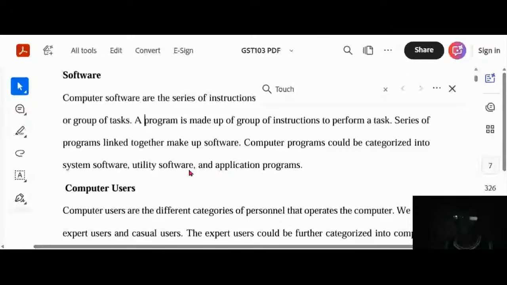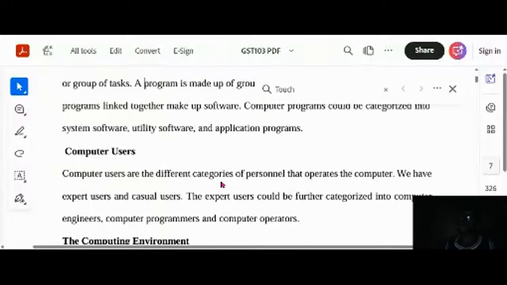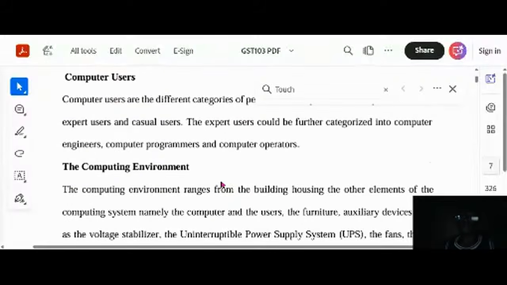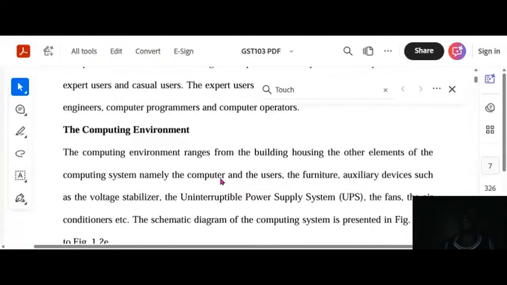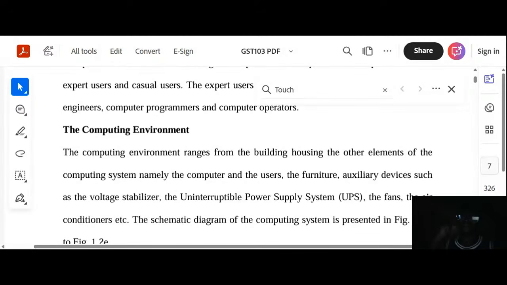Another thing you learn about computers is the computer users. Computer user. I am the computer user. Anybody using the computer is called a computer user. People that operate the computer, that is a computer user. While the computing environment is everything around the computer where a computer is placed and is being used. The building, the furniture, your table that you place it on, your